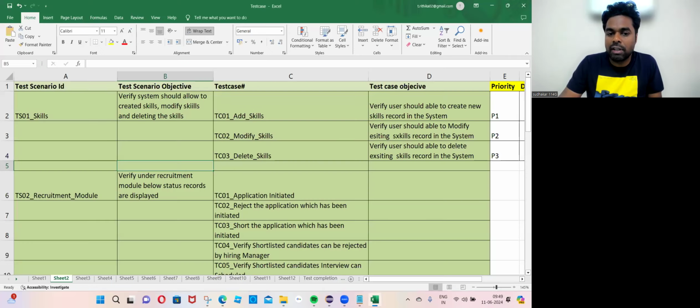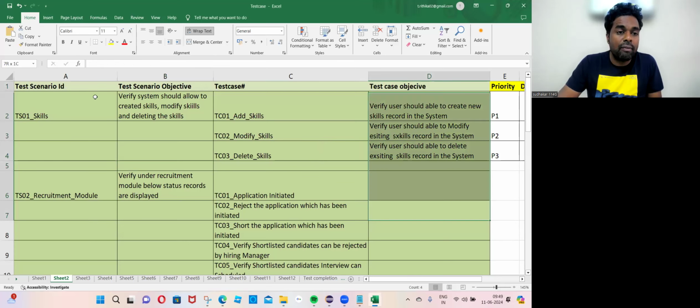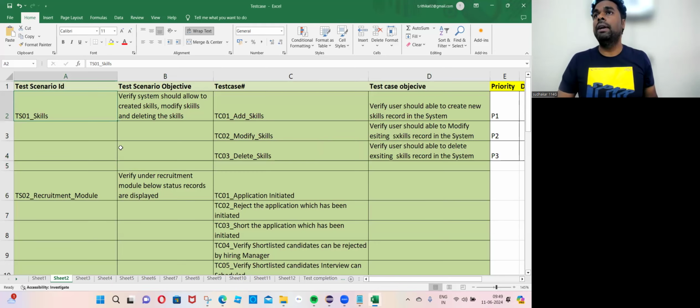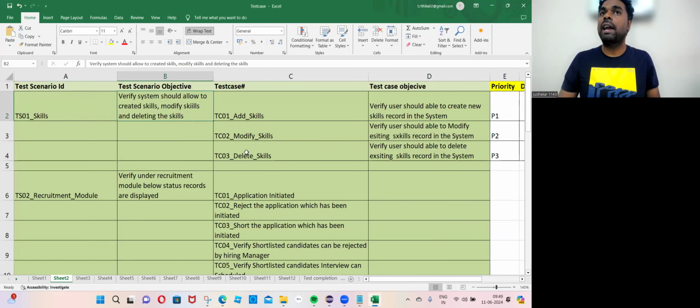And what is the third test case? This is the one: delete skills. Like that, for every module, for a given requirement, we need to identify test scenarios and test scenario objective. And for each test scenario, what are the different combination of test cases that we can identify? So let's go to the